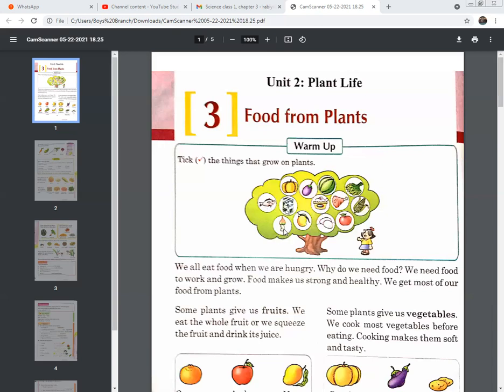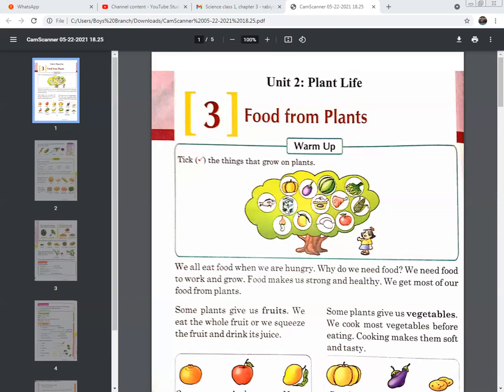And the last one looks like a bean, and it's not an animal product, I think. So tick it. It's also a plant. The source of it is a plant. It's a kind of bean, so you have to tick it.